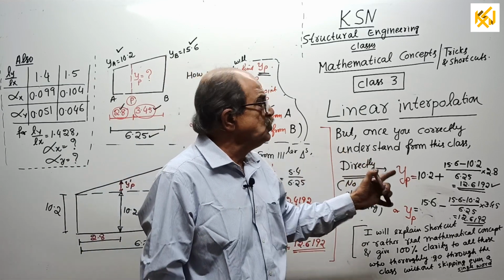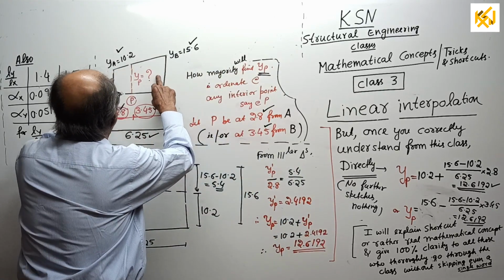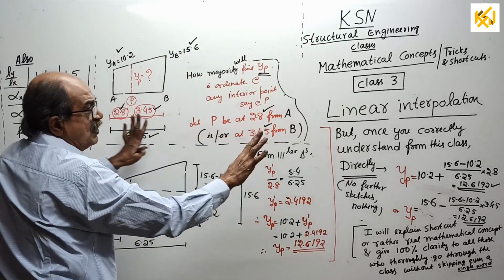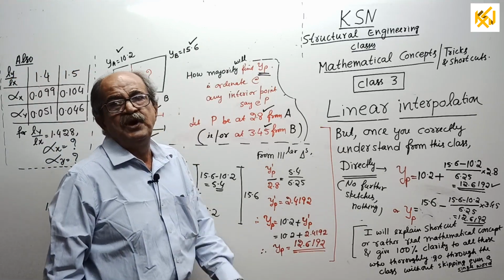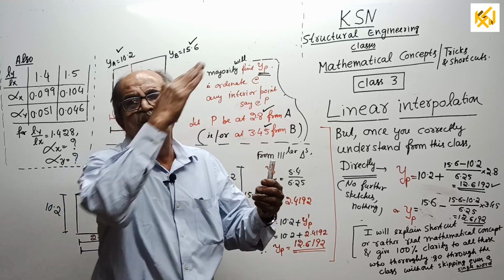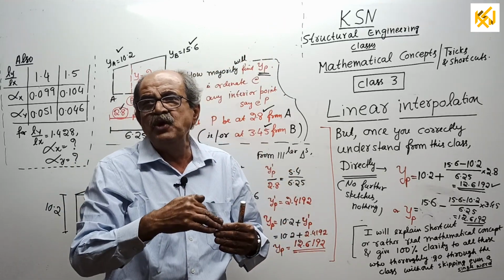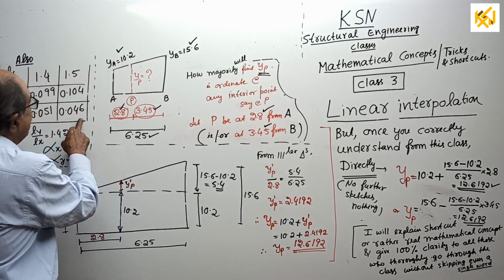After everything is over, you do one thing, take a rough sheet, write the sketch, write this. One minute now, one more thing I will tell. See here, sketch is given. So you get intermediate value. People know. Sometimes for uniformly varying load, you require intermediate ordinate, bending moment diagram, you require pressure diagram, all. Sometimes you get a table.